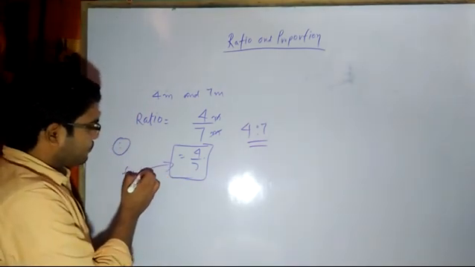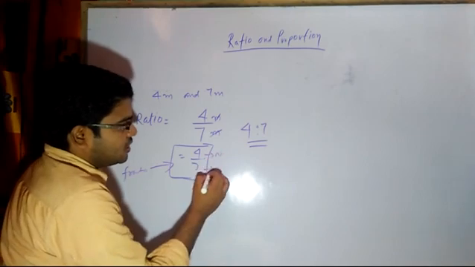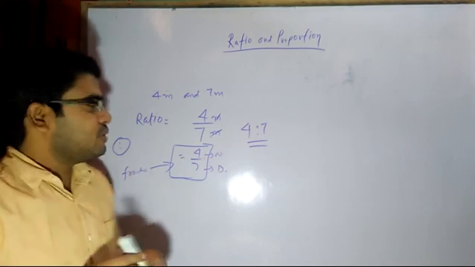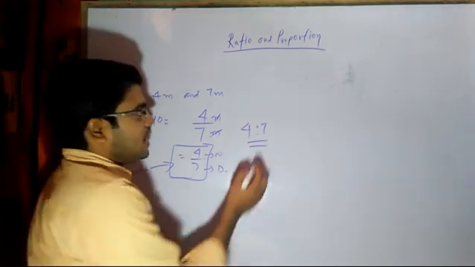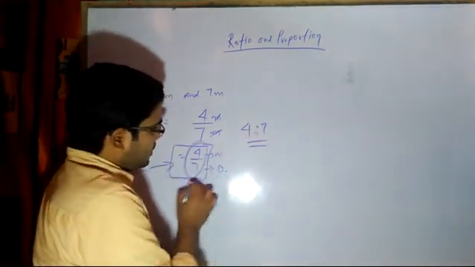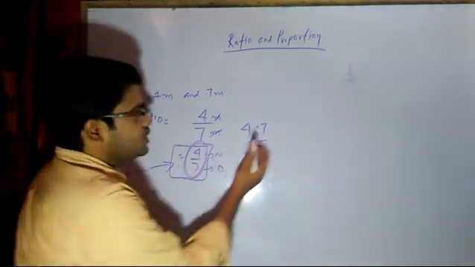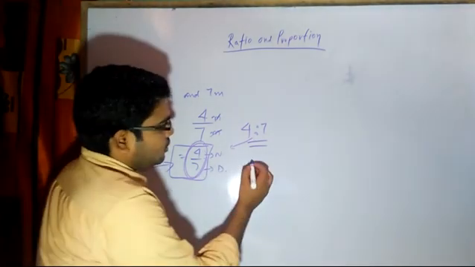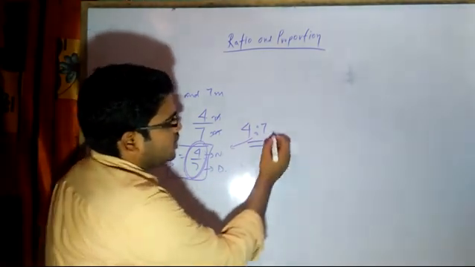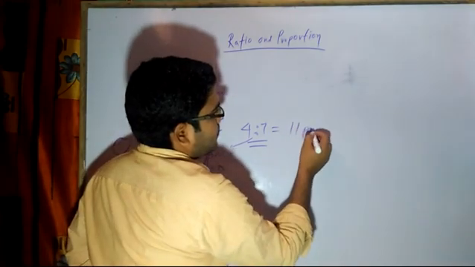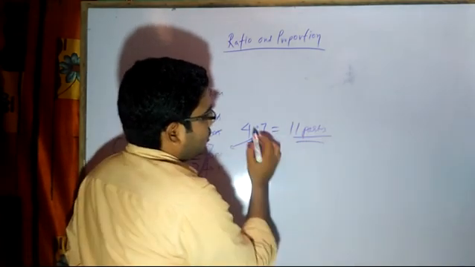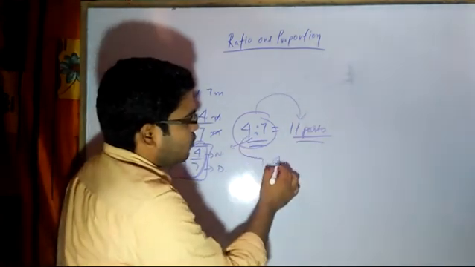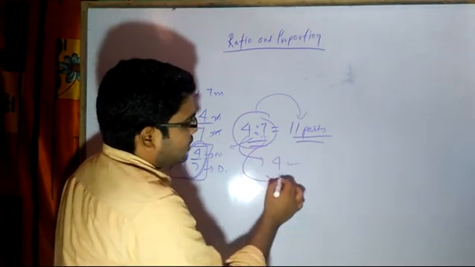Now, to understand the difference between a ratio and a fraction: this also looks like a fraction, in which this is like a numerator and this is like a denominator, my dear students. There is a small difference between ratio and fraction. When I say 4/7 is a ratio, that means 4:7, we write it in the form of division. How many parts are there actually? There are total 11 parts.